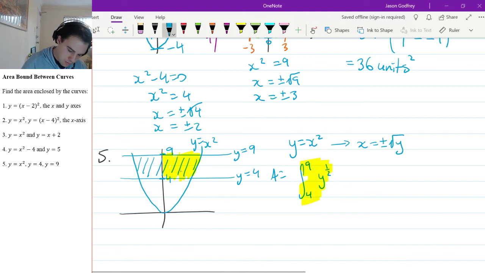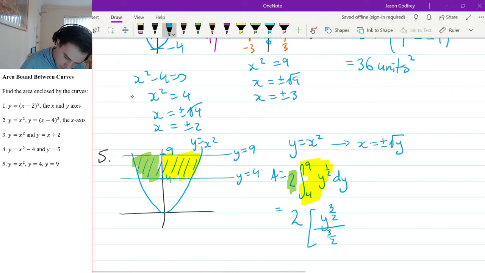And we're integrating with respect to y, and then we can double it to find the other piece. So we can find the other half here by doubling it. Okay, so we've got 2 times integrating y to the half with respect to y, which is add 1 to the power, divide by the new power,